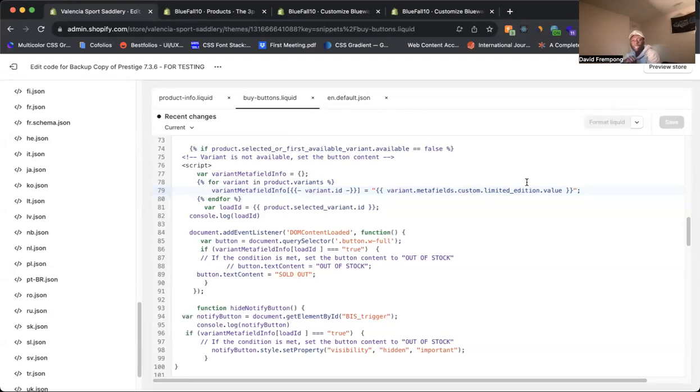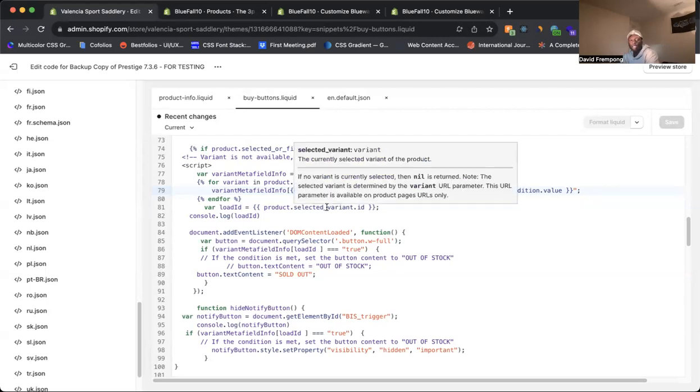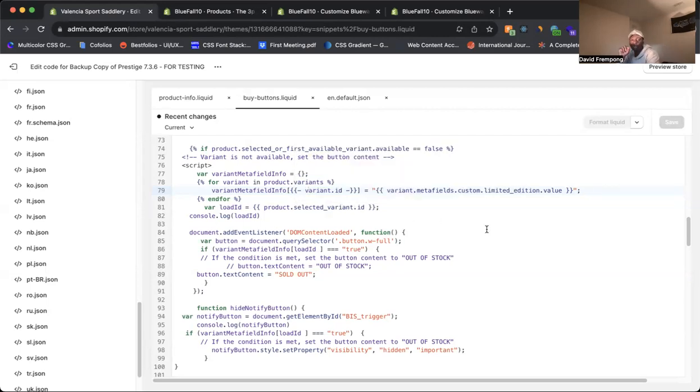Check to make sure that the product is available, because you only want the button text to change, or you only want that text to change if the product is not available. So we're coming in here. Basically, what we're looking for is a meta field with limited edition. We set up a meta field on specific products that are tagged or are shown as limited edition. You might have it set up differently, but for this example, specific product variants have a meta field of limited edition. What we're doing here on this line is we're selecting all these product variants with that specific limited edition